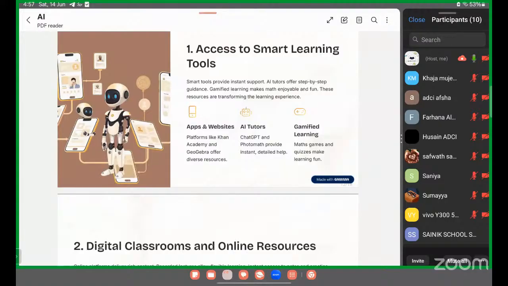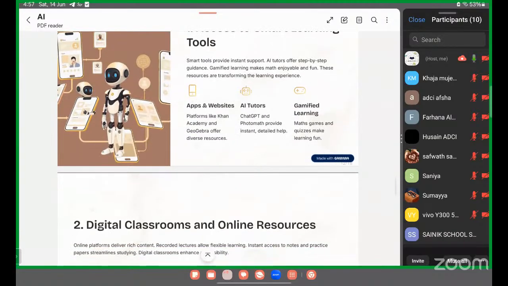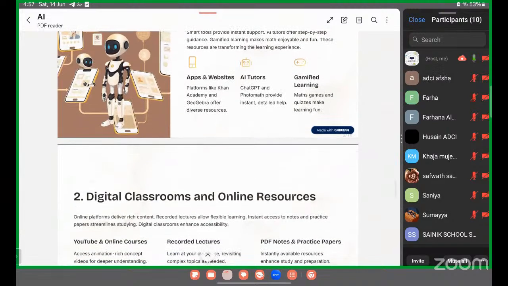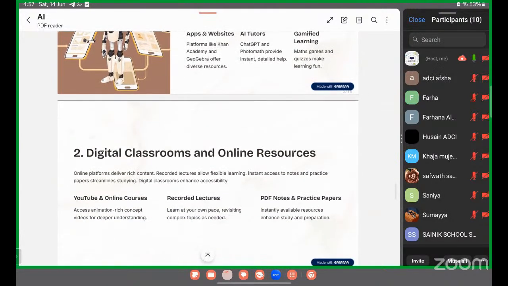So a digital classroom has a lot of benefits. Digital classrooms enhance accessibility. Like YouTube, you can record the lectures and upload them to YouTube, with online classes, recorded lectures, PDFs and notes, and practice papers. These are the benefits of digital classrooms and online resources.